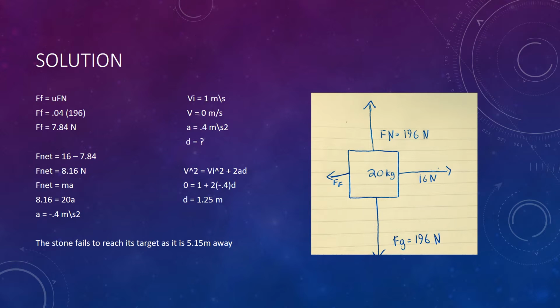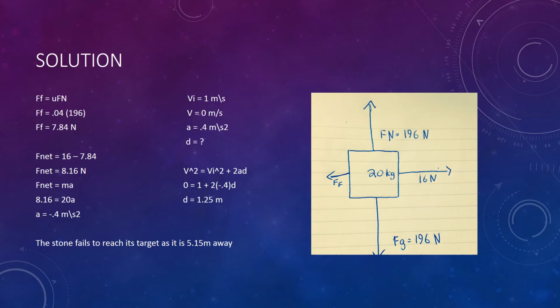To find the Fnet, we subtract the applied force of 16 newtons from the frictional force of 7.84 newtons to get the Fnet of 8.16 newtons. To find the acceleration of the stone, we need to use the equation Fnet equals ma, as Fnet is 8.16 newtons and the mass of the stone is 20 kg. We can rearrange for a to find the acceleration of negative 0.4 meters per second squared. It is negative because the stone is